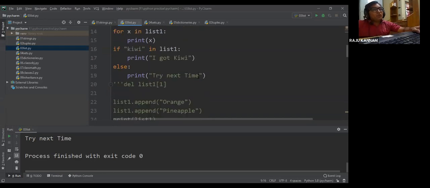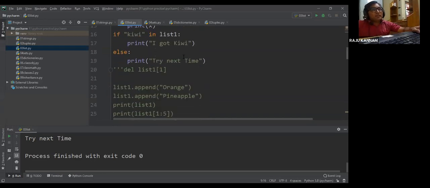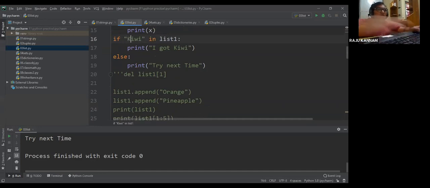I told you Python is case sensitive. What exactly you have mentioned, that should be used. Small k is different and capital K is different.